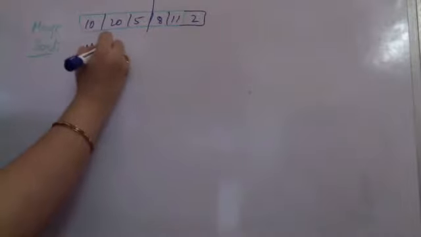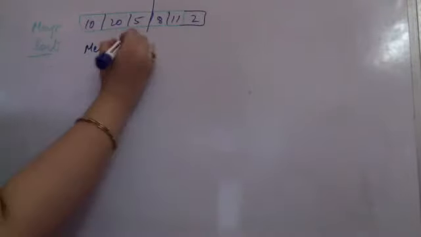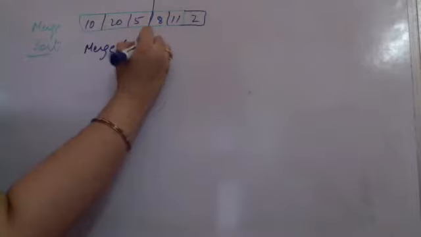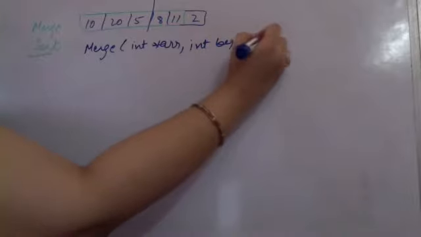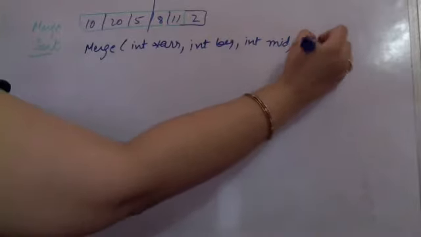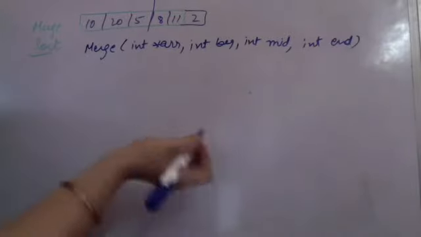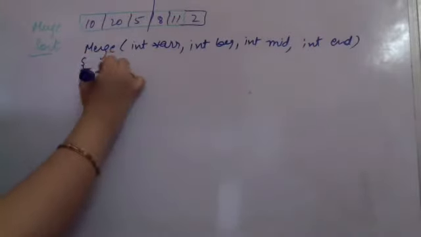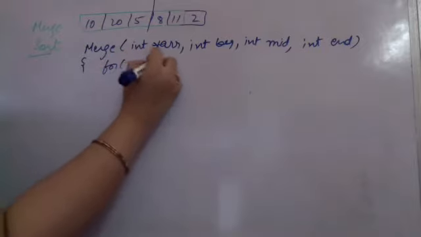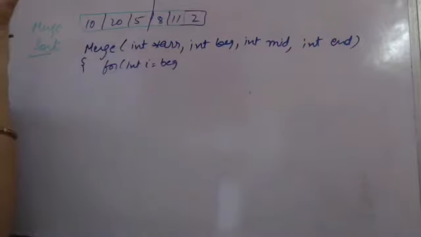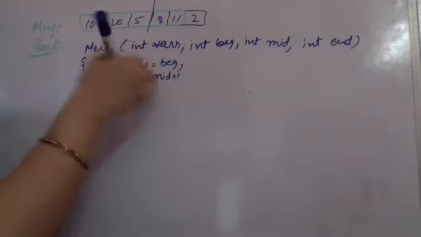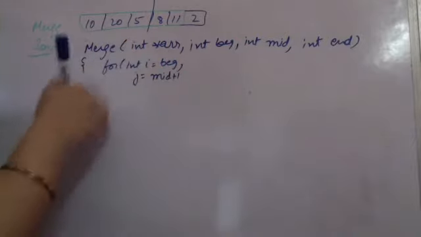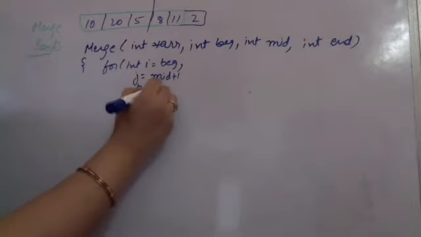Supposedly I am calling merge. If I am going to call this merge, I am calling for some integer pointer array. I am taking some beginning, I am taking some middle जहाँ से merging करनी है, and I am taking some end जहाँ तक merge करना है. So initially I will be checking for some integer i equal to beginning, j equal to middle plus 1. I am copying into a new element temp, so I have k equal to 0.